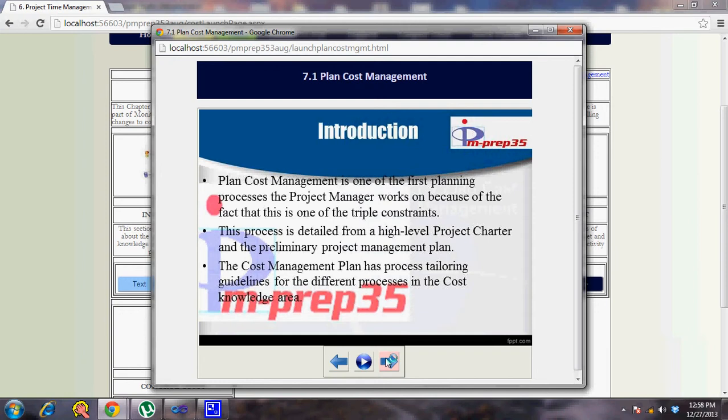So to look at all those, the project management plan is an important input, so that from there you can build a more accurate and precise cost management plan for the current context. The cost management plan has process tailoring guidelines for the different processes in the cost knowledge area. Although there are processes specified in the PMBOK, not all processes need to be followed the way they are stated. The project manager might want to tailor the process by adding his own tools and techniques which befit the current project context, as well as change the structure of the cost management plan